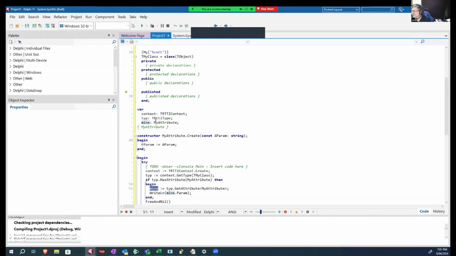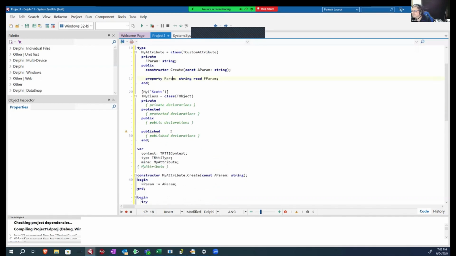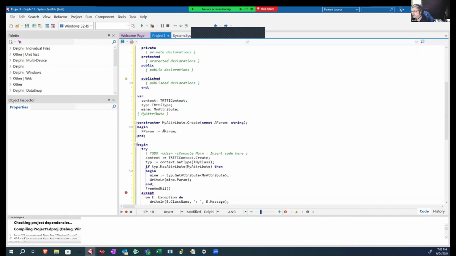Now this here is a full copy of my attribute, but it's the instantiated copy, which means that it has a value. I've created a parameter here, so we're passing in something there, we're storing it in here, and then we have access to it here. The rest of the code is simply passing the parameter into there. So when I run this, I'm just going to get rid of that code there. When I run this,